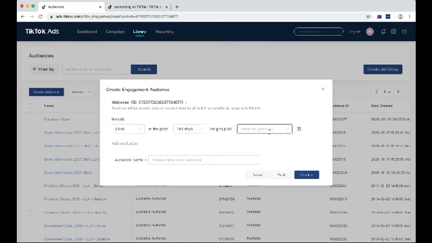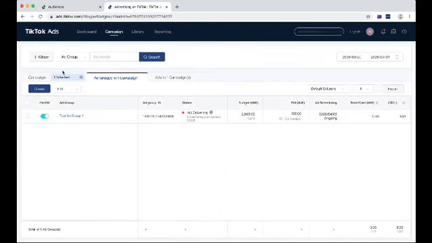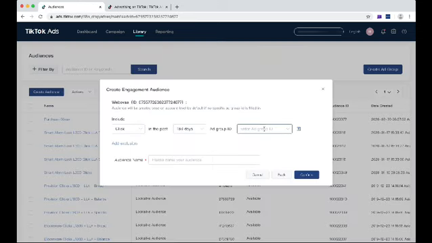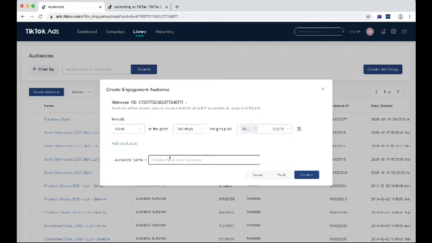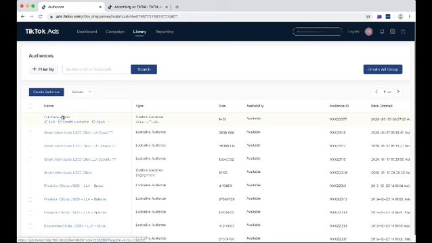Now how do you find your ad group? You go here on your ad groups. This is my ad group, this is my ad group ID. So I can copy this here and I can paste it here. So this ad is not live, so it is not letting me select it, but once it's live and it already has audiences that are interacting with it, I'll be able to select it. So once you select the ad group, you can select your audience name here and confirm. This is how you